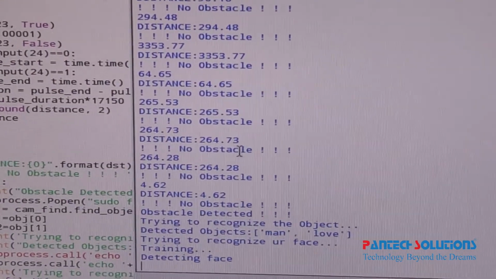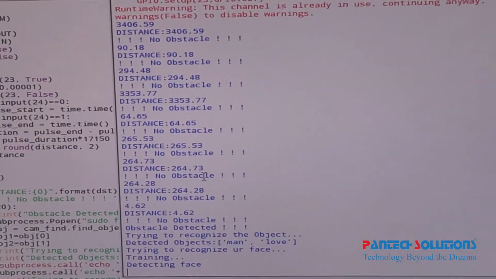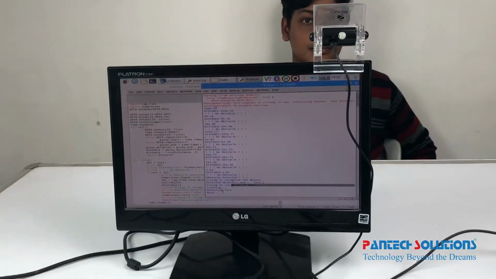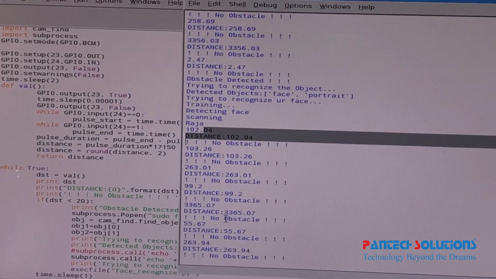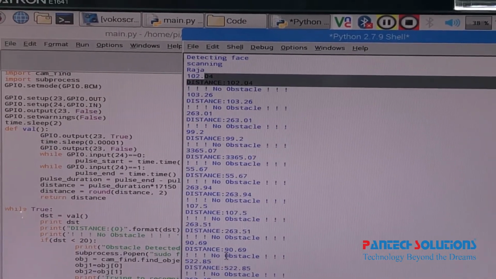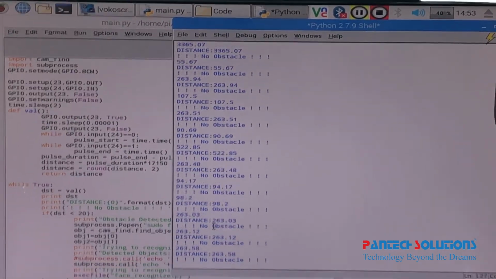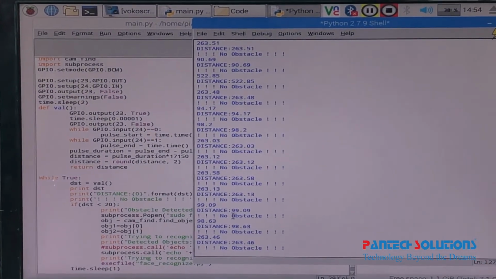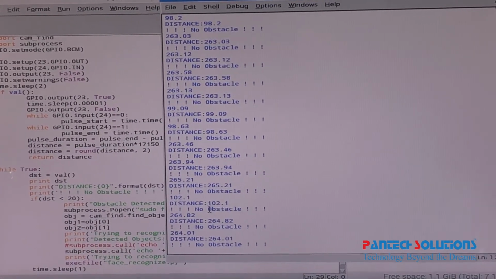So it is trying to detect the face. Here it already trains on the previous data sets, and now it's detected. By interfacing these earphones, every command is given as a voice command, like no obstacle detected. If there is any obstacle, it will announce obstacle detected, and also what the obstacle in front of the camera is, and which face is recognized, whether Raja is in front of the blind person or anything.